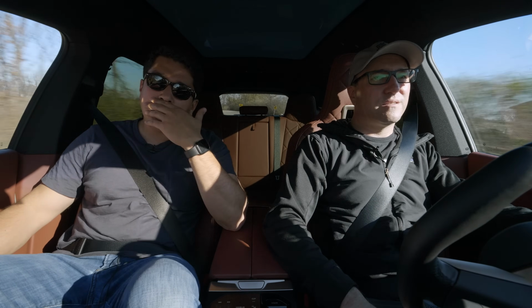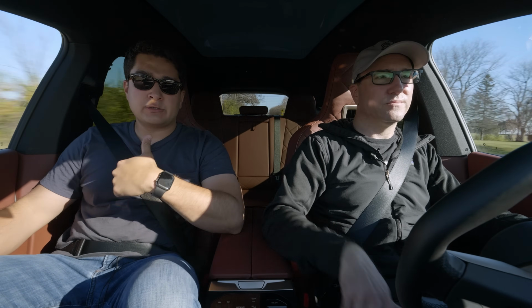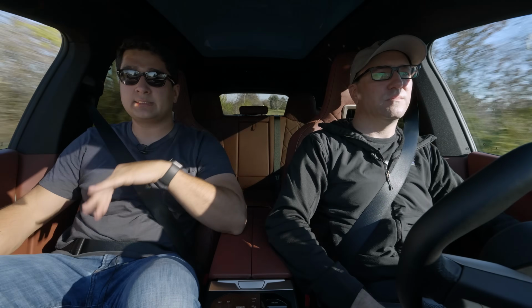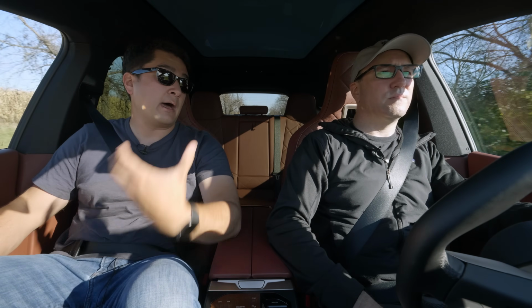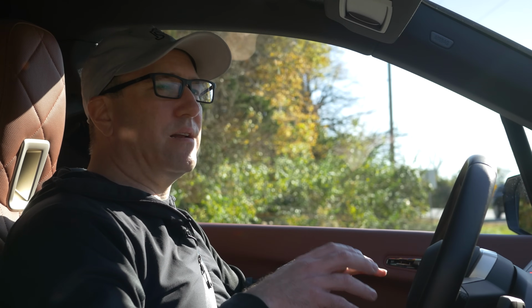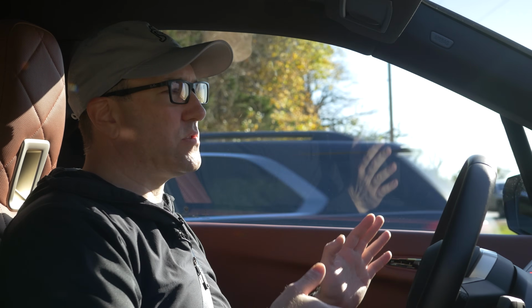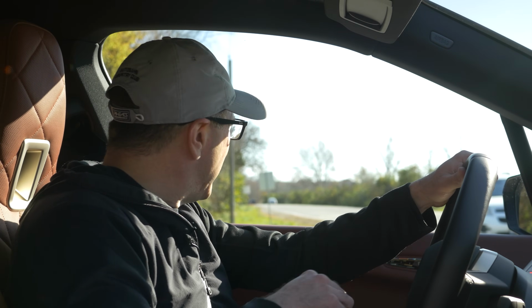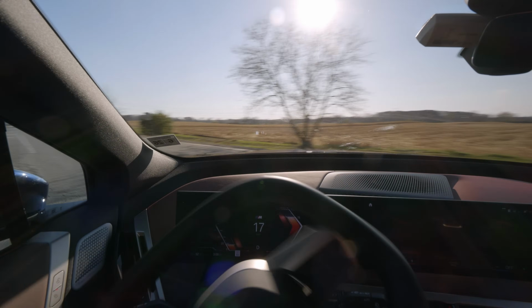To me, my expectations for this are different than the i4. The i4, I had higher expectations for it because it was built on a car chassis. Admittedly, that was a compromised EV where this is a ground up, but I don't expect this to handle or drive anywhere as well as a 3 Series or 4 Series based car. But clearly, you and I both spent time with this, it's a much better thought out product than the i4 is. It feels more complete, and we can talk about this forever, of how the development cycle was from the early 2000s all the way to now. So they have the cycles of learning to figure out how to make this a really good handling car versus just a generic EV. And they're still not there yet, but you know,